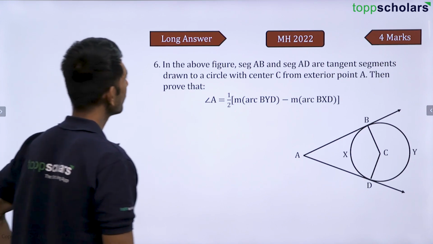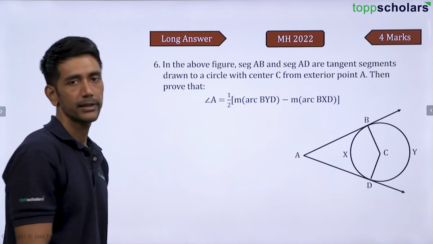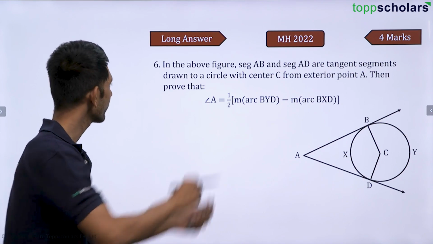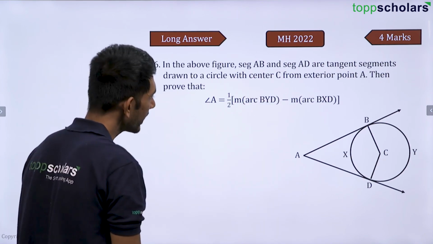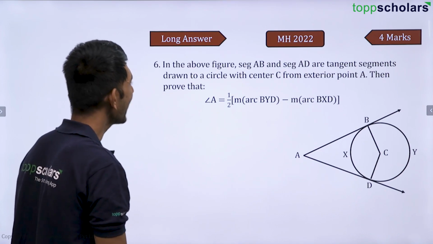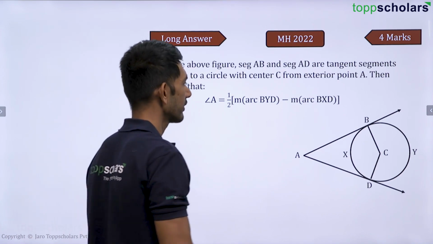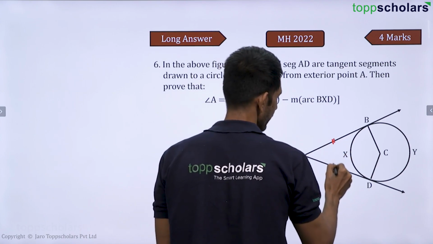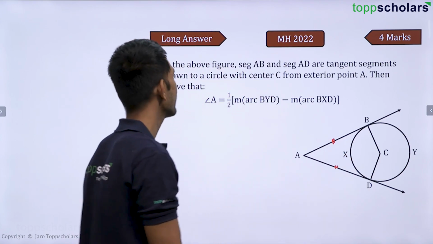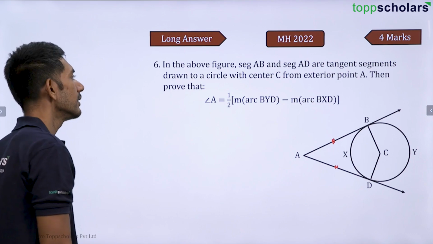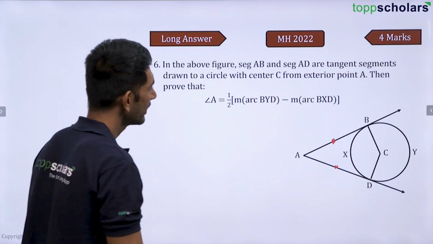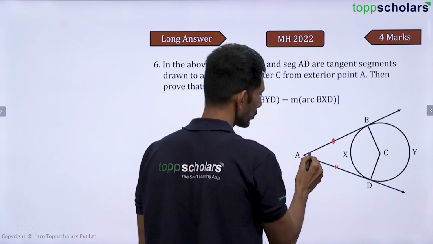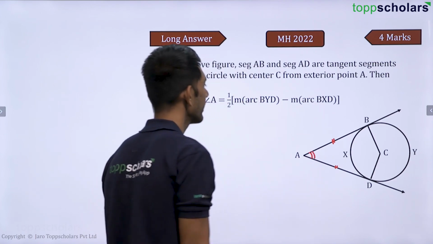So here we have a new question. It's a bit lengthy, a big question. It says, in the figure, segment AB and segment AD are tangent segments, correct? So segment AB and segment AD, they are tangent segments drawn to the circle with center C from an external point. We are supposed to prove that angle A